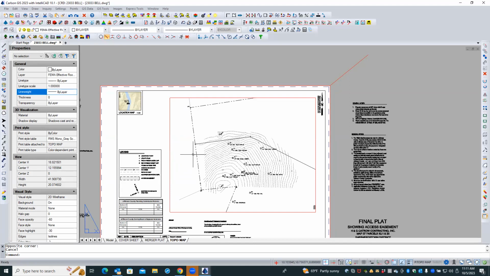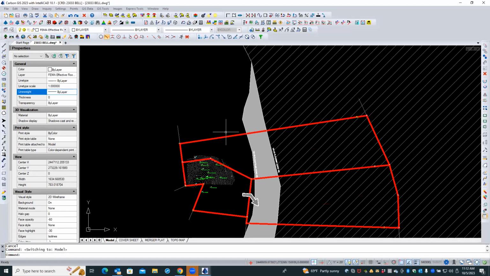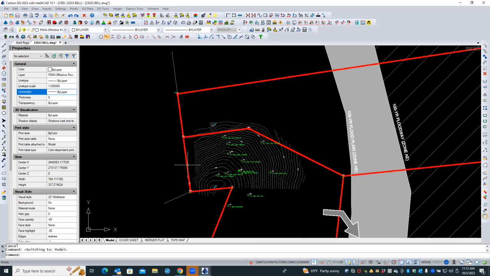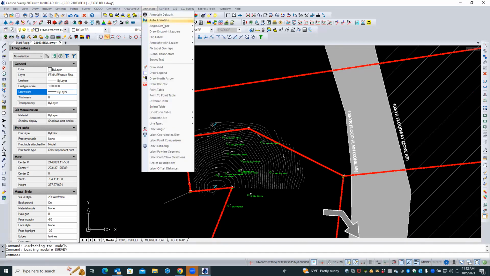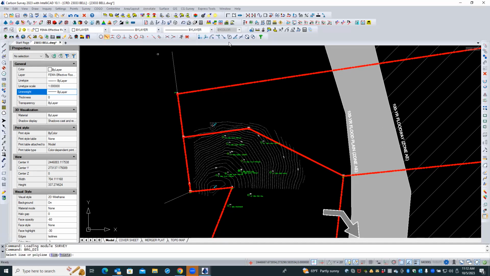So let's just do it with this line right here. Let's go back to survey, and let's just annotate bearing and distance on the outside. So there's bearing and distance. So if I pick this,